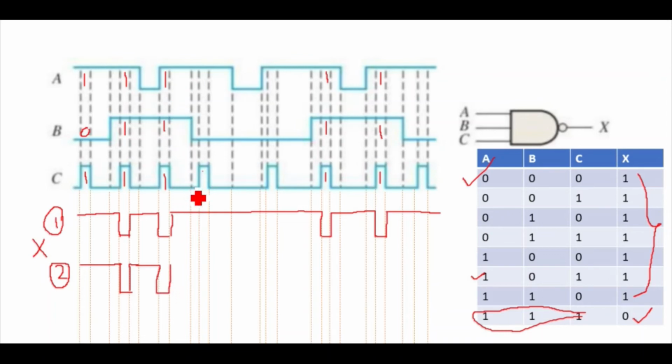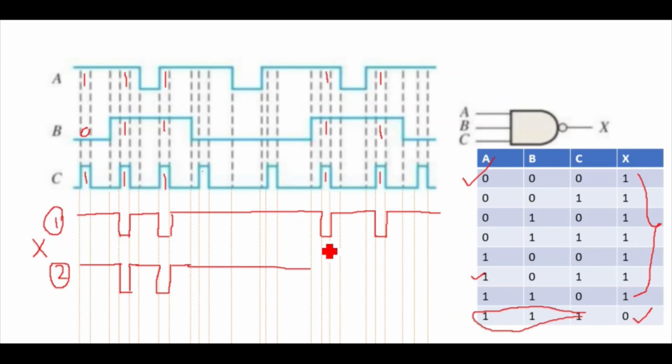Now here C is 0, so it will be 1. Just take any one of the inputs; you can start with A. I have started with C because C has 1 1 1 and 0 in random ways, so that's why I have taken it, single for single pulse. Here you can see C is 1 and B is 0, so it will remain 1, and it will remain 1 till B is 0. So till this value B is 0.